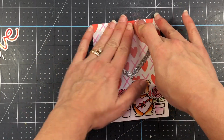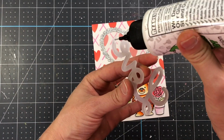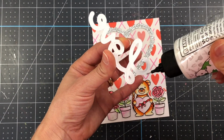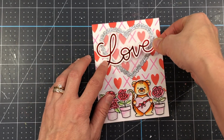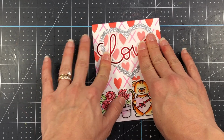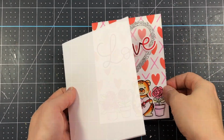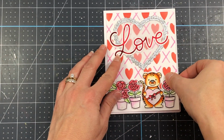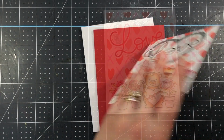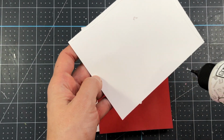I showed you earlier. So I added my heart to the top of my card, and when I added glue to the heart, I only added glue to the heart shape itself. I'm not putting any glue on the vellum because otherwise you'll be able to see through it. And notice that the vellum kind of makes the background a little bit softer. And that was my intention because I really wanted that large word love to stand out on top of that